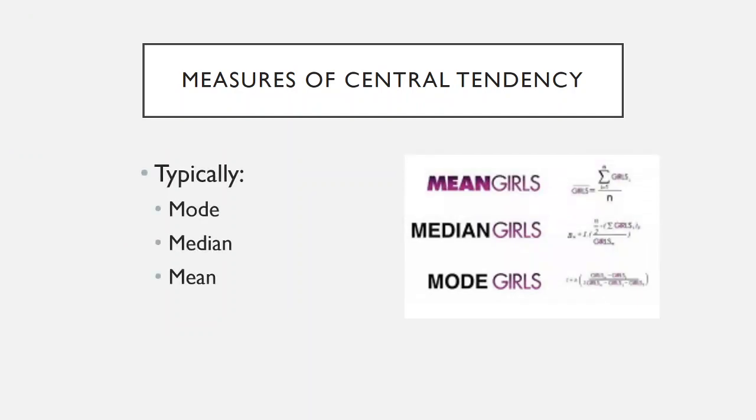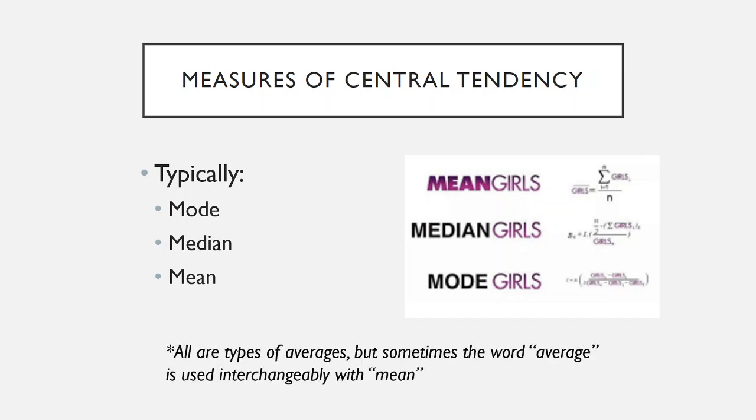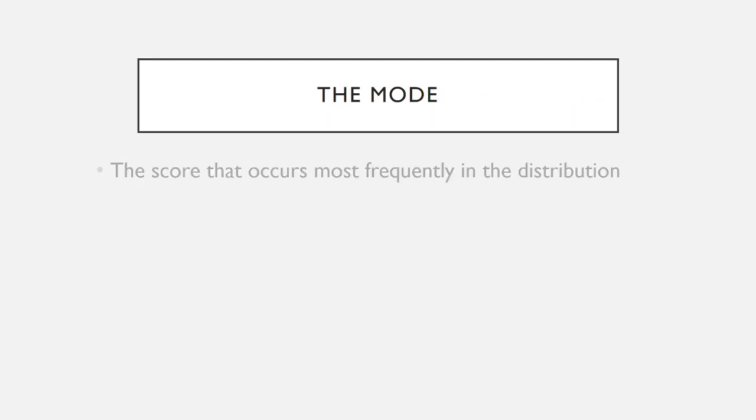Okay, so like I said, your central tendency statistics are your mode, median, and mean. This is hopefully nothing earth-shatteringly new or difficult, but we are going to review what the three central tendency statistics are, how you derive them, and why they're useful or why they might sometimes not be so useful. And again, the term average would apply to all three of these. So try not to use average and mean interchangeably, because technically the mean is an average, but not all averages are means. So let's start with the mode.